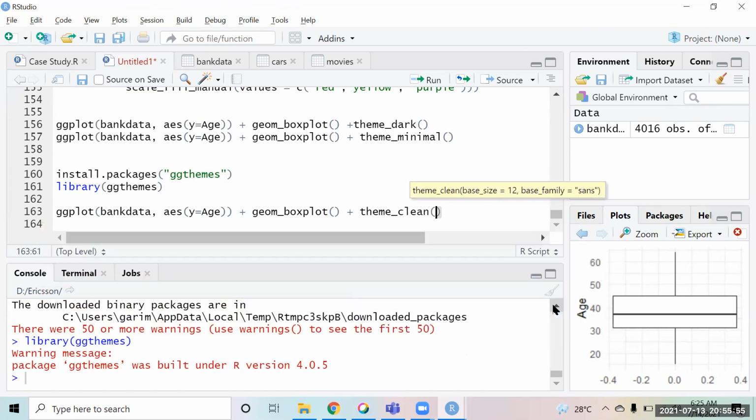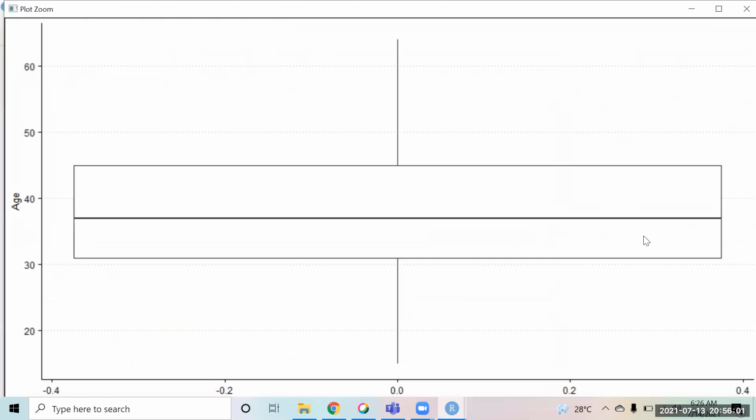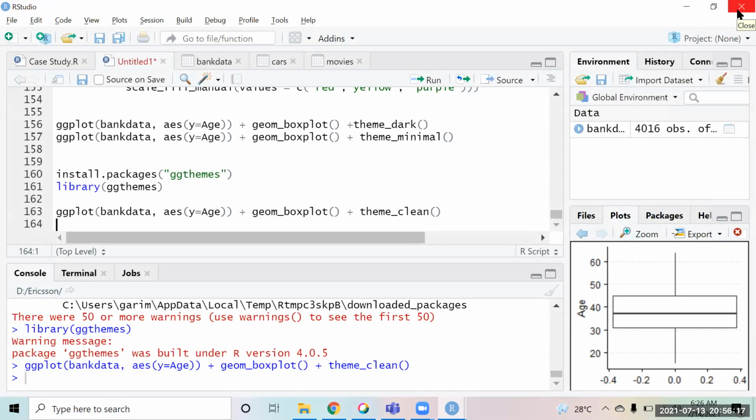This is also coming from the ggthemes package. So if you run it, you will now see the theme is something like this.